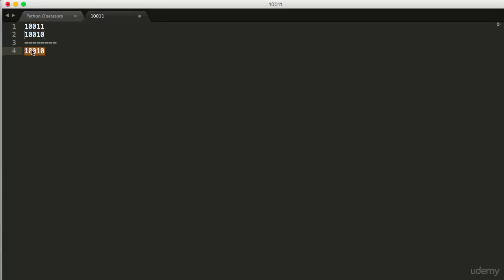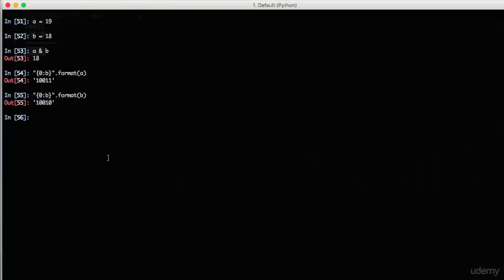So let's try to find out what the integer notation of this binary format is. You can find the integer format of binary digits by using a function called bin in Python. Bin of this one. Sorry, it's not bin actually. Bin is used to convert integers into binary formats.